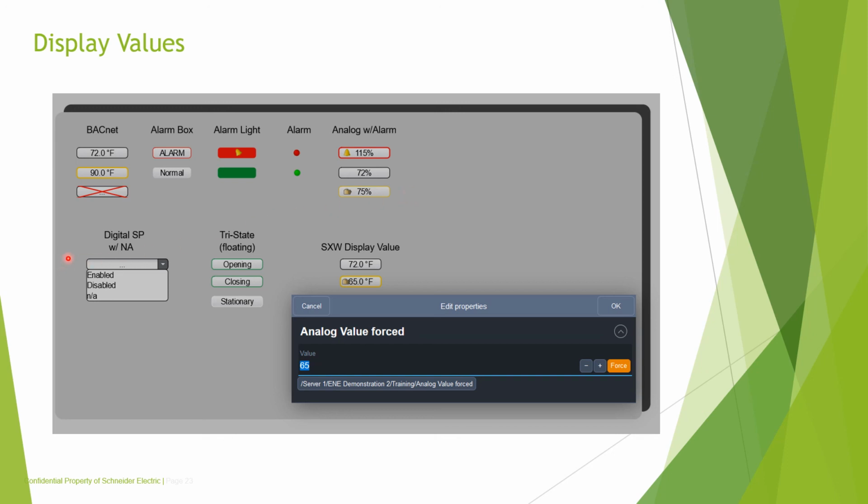Here's a typical digital set point with options enabled, disabled, and NA. NA indicating the control has been returned to its application program. Here's a typical tri-state or floating point indicating opening, closing, or stationary, whatever position that the device is in. Here's a typical StruxureWare display value shown normal, and again here with the hand indicator and outlined in yellow for